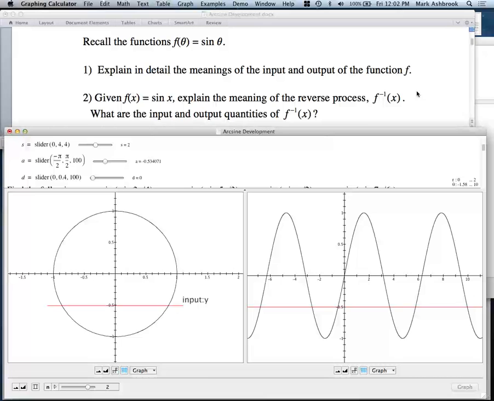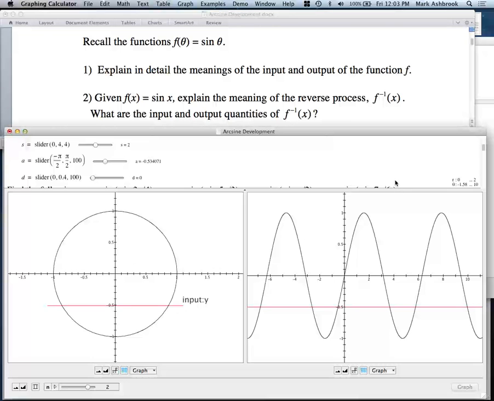So if we reverse the process of f, then what is the input? What would the input be? Austin? What quantity would be the input if we reverse the process of the sine function? What would we be putting into that? Horizontal distance. See what's horizontal distance? Jonathan, what do you think? Vertical distance. So now our input in the reverse process will be vertical distance above the horizontal diameter in radius